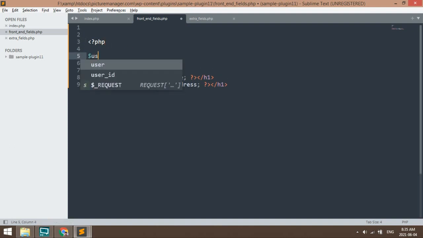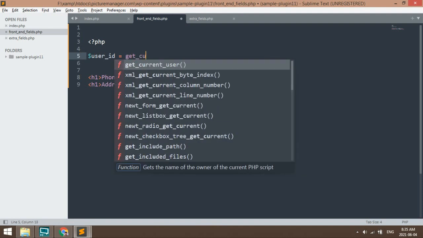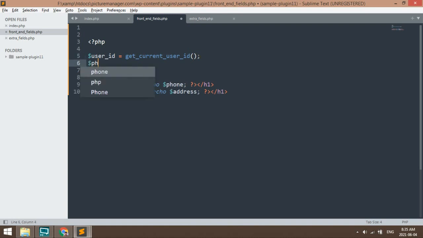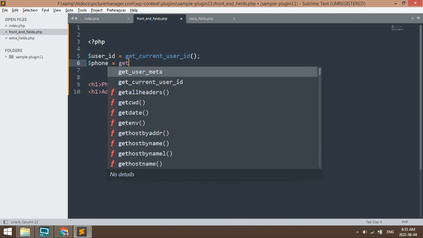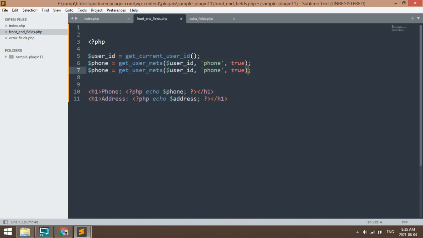First of all, we need the user ID, that is get current user ID. After that, we have to fetch the meta. Phone is equal to get user meta. First parameter is user ID, second one is field name, and third one is true, true for single value.